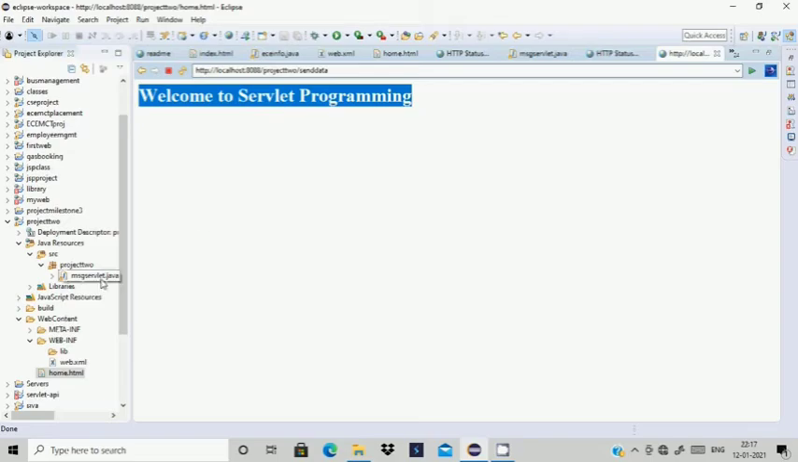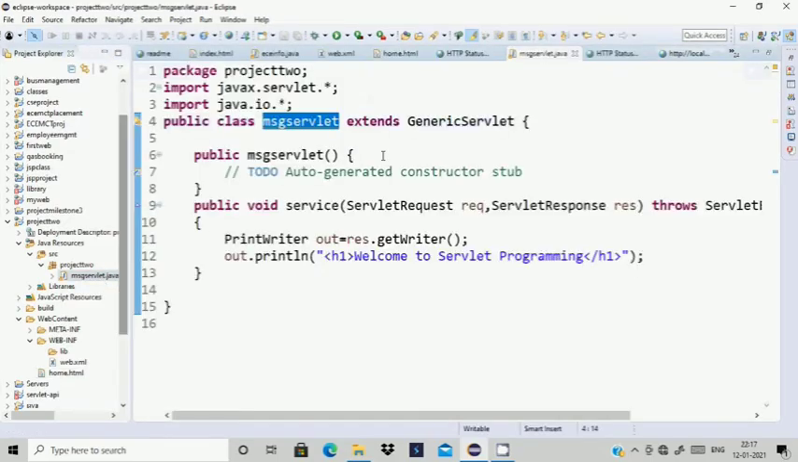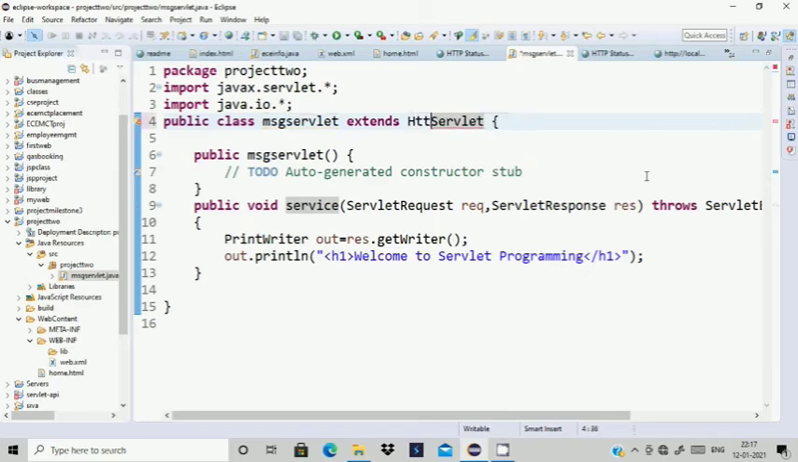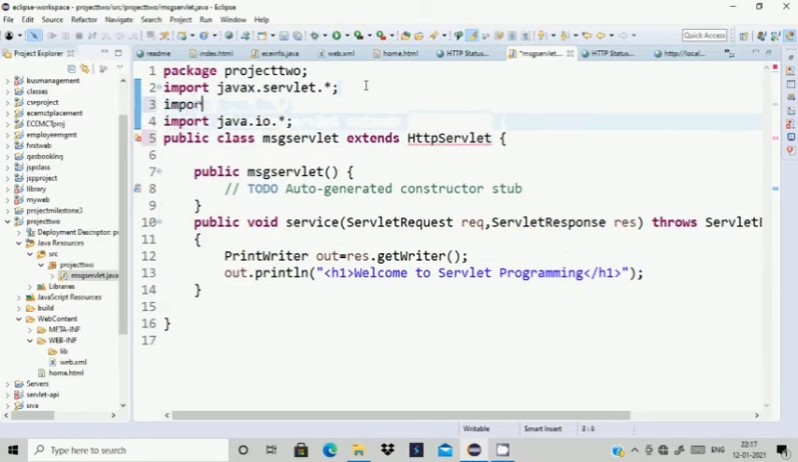But there is also another way to create a servlet. Now I want to create a servlet which is specific to HTTP. So instead of using GenericServlet, I am using HttpServlet now. But this HttpServlet does not belong to the package javax.servlet.*. So to include that, I have to use